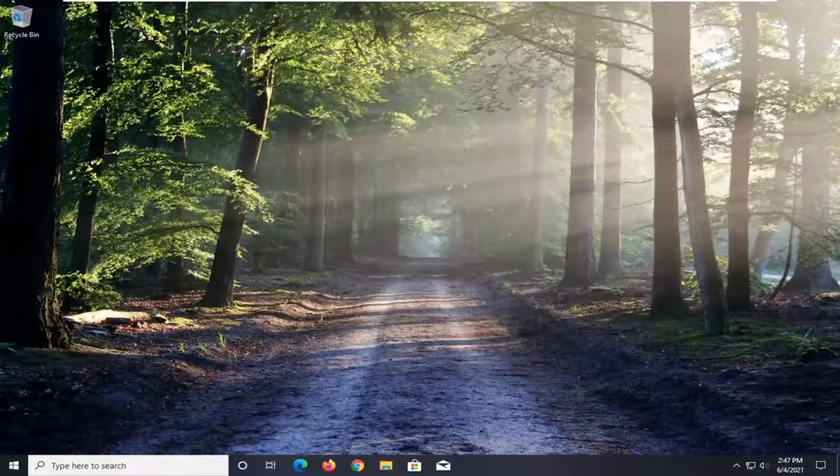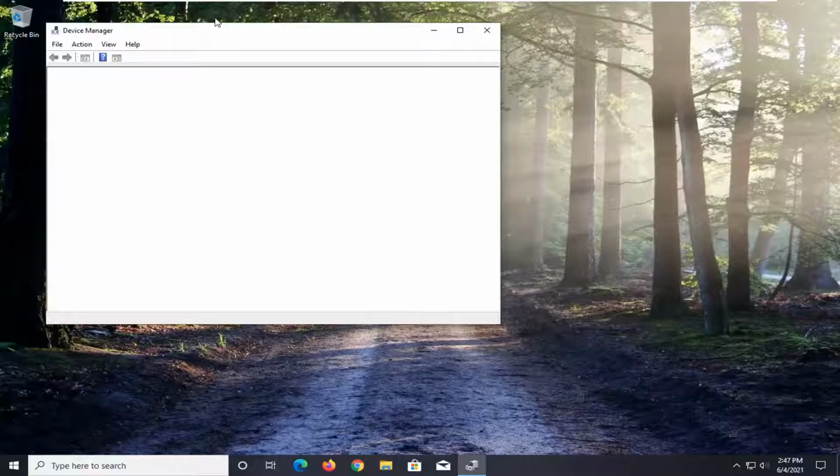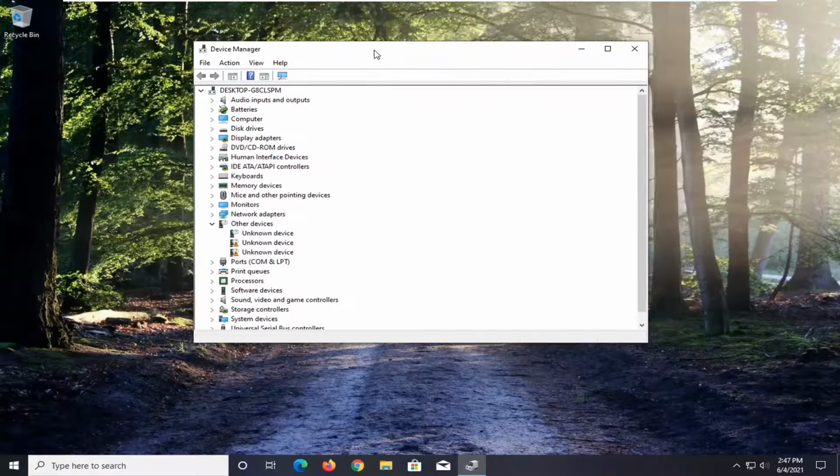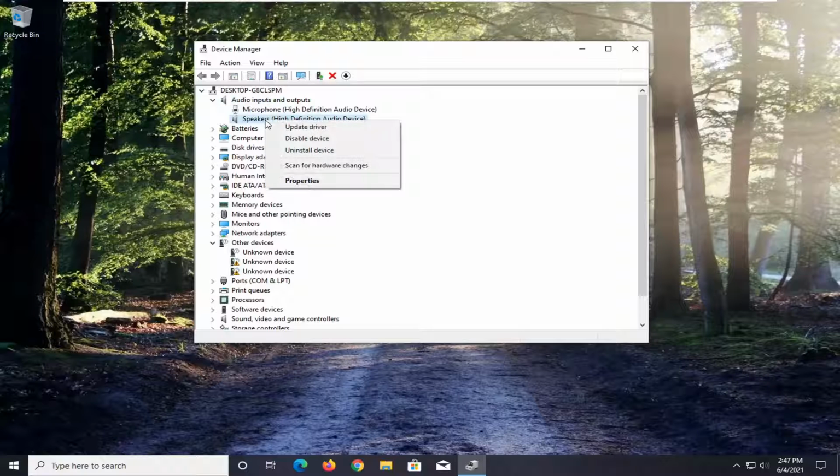A further step we could take would be to open up the start menu and type in Device Manager. Best result should come back with Device Manager listed right above Control Panel. Go ahead and left click on that. Double click on the audio inputs and outputs, and then for your speakers device, right click on it and select